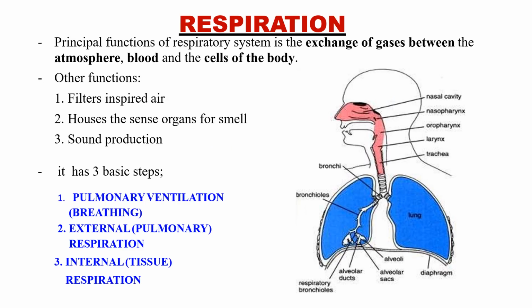So what is respiration? Respiration is a process of exchange of gases between the atmosphere, blood and the cells of the body. That is the principal function of the respiratory system. And the other functions are: it filters the inspired air, that is, when the air is inhaled, it is filtered in the respiratory system, and it houses the sense organs for smell. So smell is a special sense which is housed in the nose,